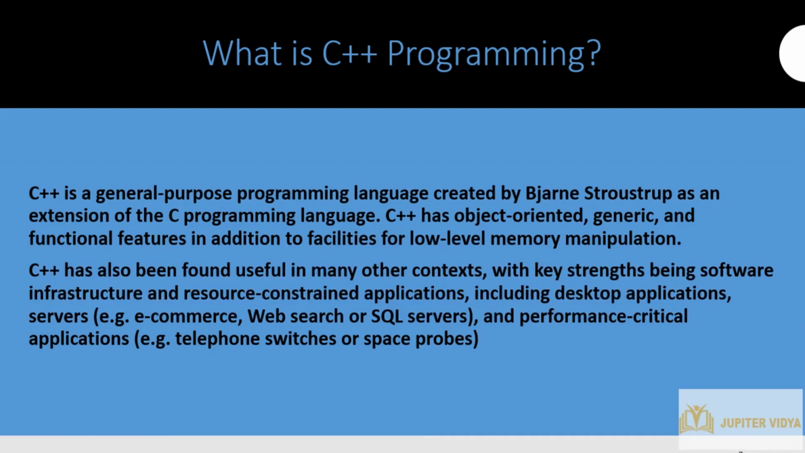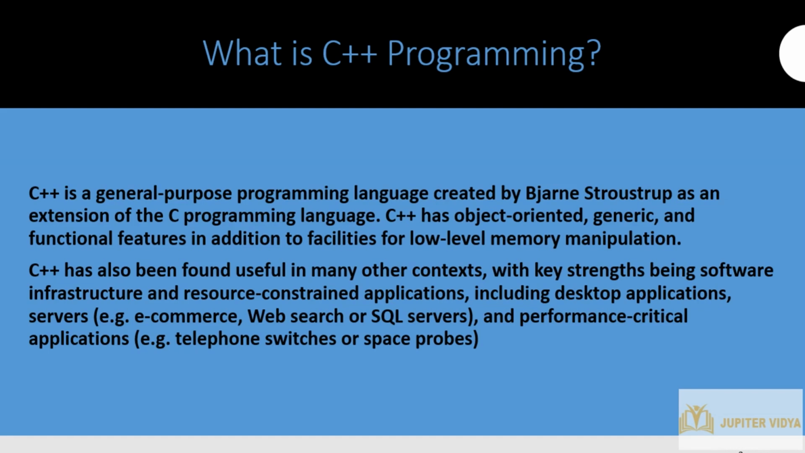So what is C++ programming? C++ is a general purpose programming language which is derived from the C programming language, and it has object-oriented concepts. It is one of the most popular programming languages in the world, which is used everywhere. You can use it in e-commerce websites, in web search, or SQL Server, or most of the big projects are